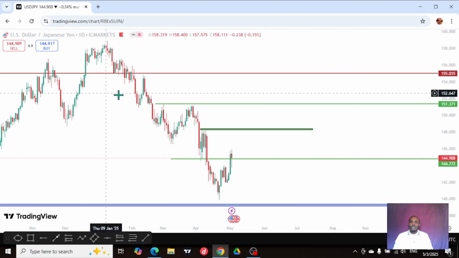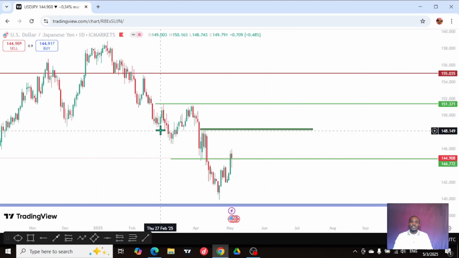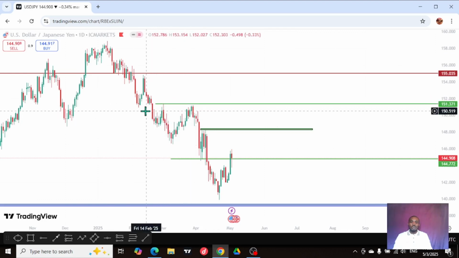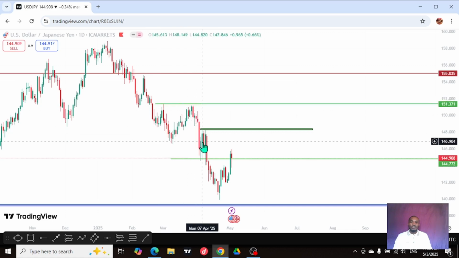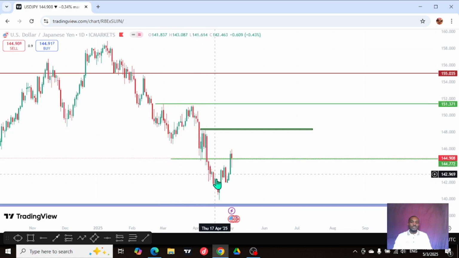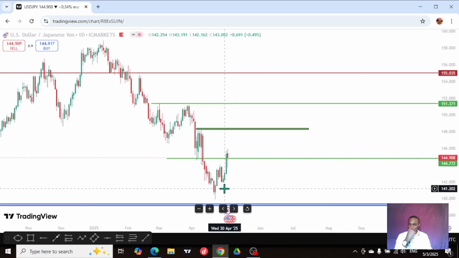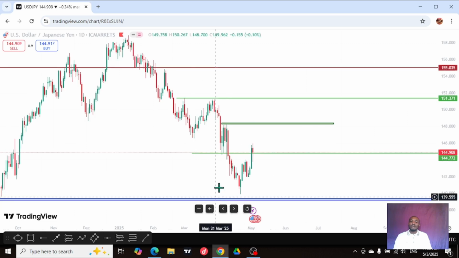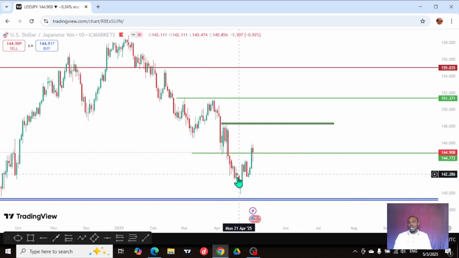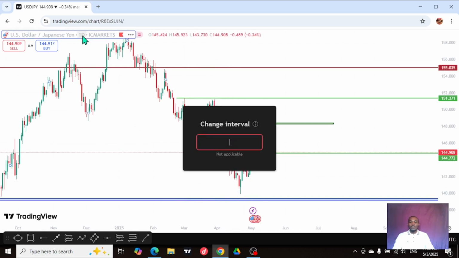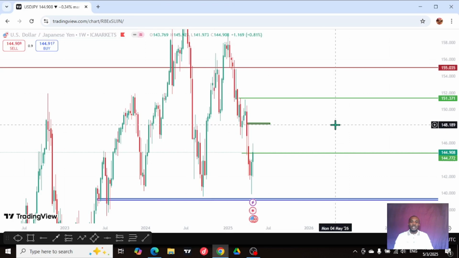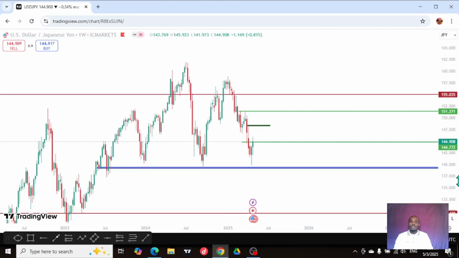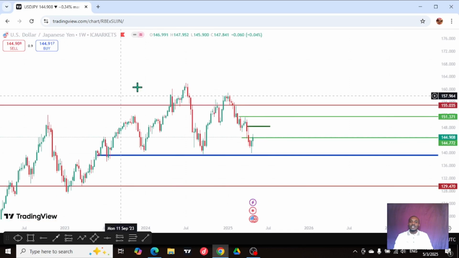My first entry was here to here. I waited for this. After this rally, I saw this. This was a double top. I did my second entry from here to here. I entered from here to here. I made my third entry on USDJPY. And now, because of understanding that the pair has gotten very much closer to the support, this was where I closed my position. Now, again referring back to the weekly time frame, I already know that